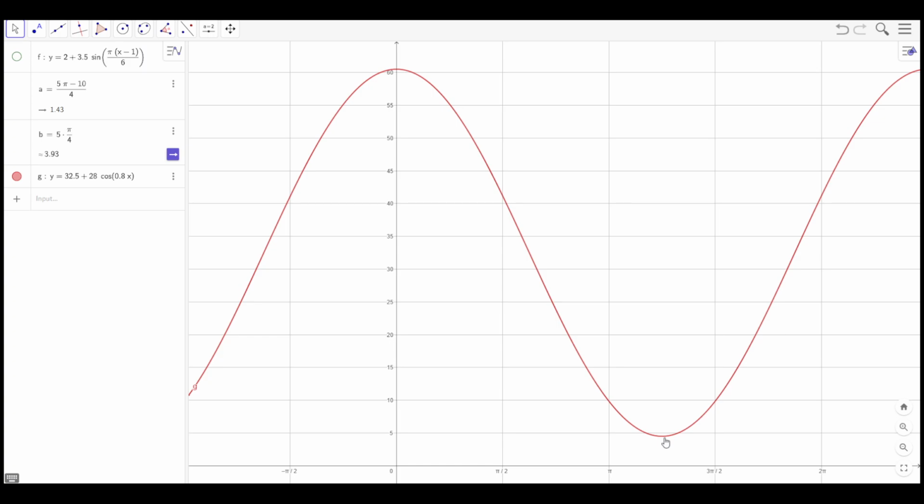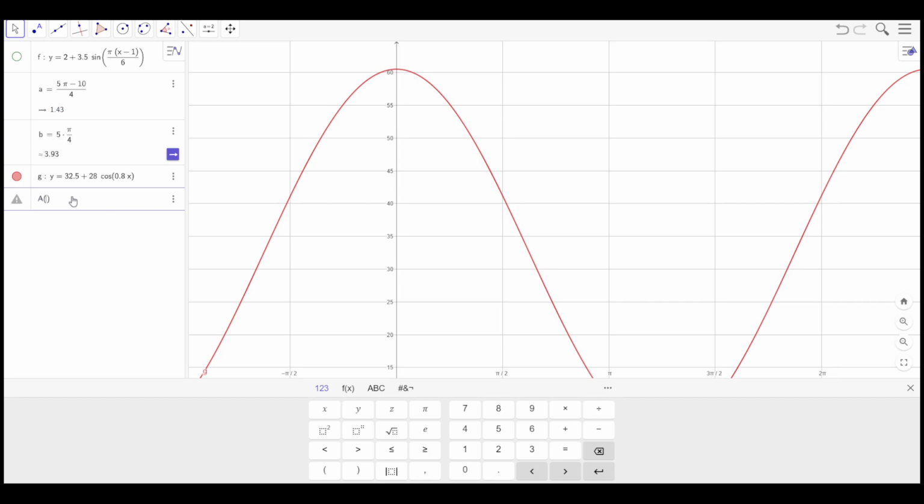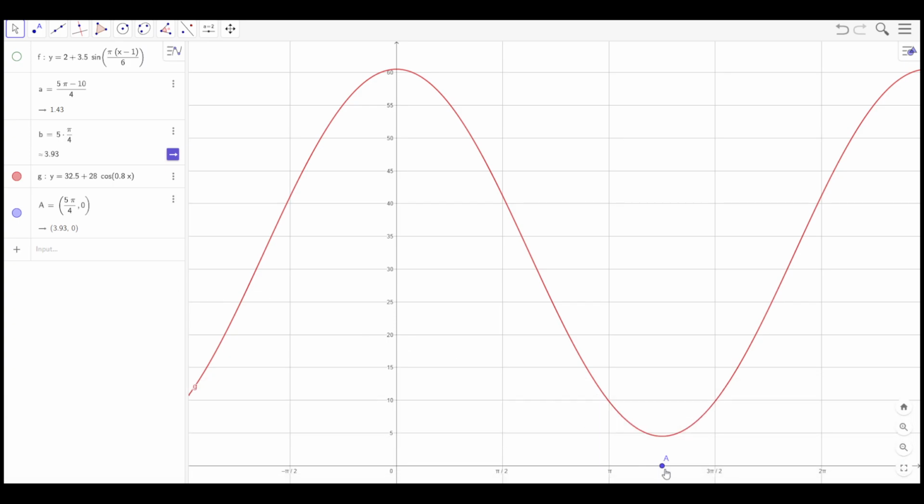Okay, the number that I have, so let me see, where is, now it doesn't work. Okay, so if I write 5 pi over 4, I want to see where is it, 5 pi over 4, and then 0. So let me see, where is it? This is this point. So they are right. This is the minimum. So why did I get the other ones? No, but that is a little bit strange now, because this minimum,